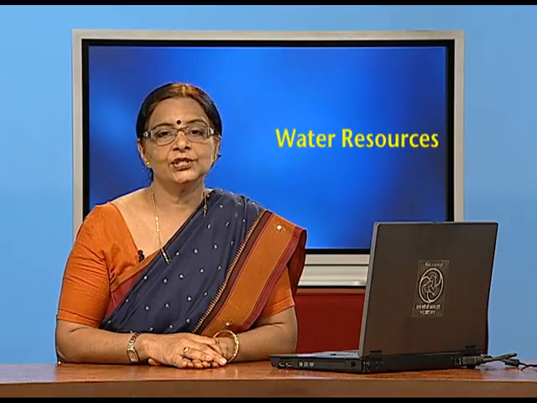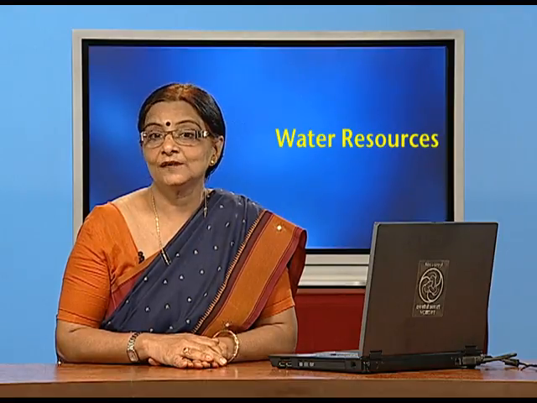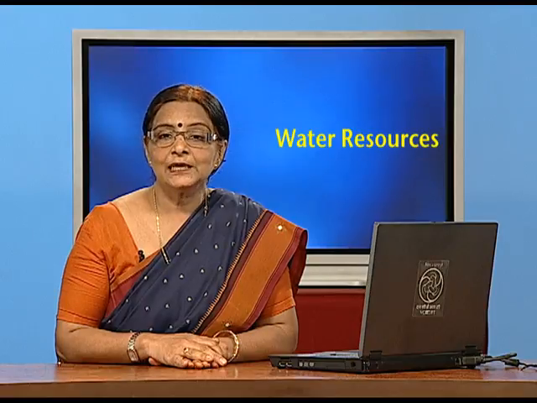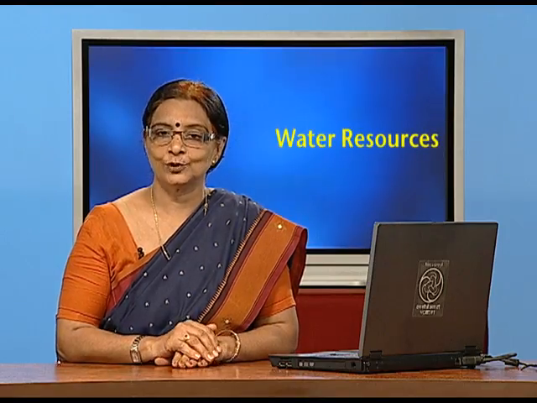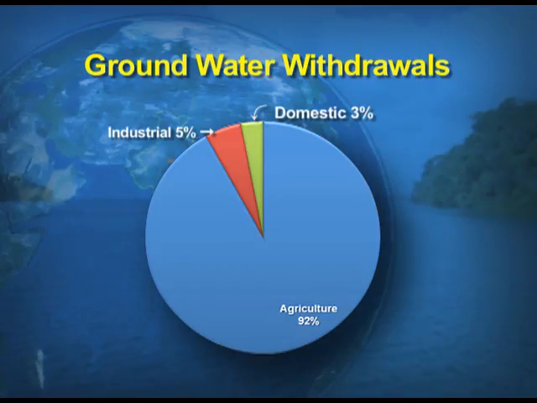Now, on the screens, there is a statistical representation of the use of the surface water, which you have seen in the table. This pie diagram shows the largest portion, the lion's share, is being used by the agricultural sector, followed by domestic, and last is the industrial sector. So, this is the use of the surface water. This diagram shows the groundwater withdrawals. Again, for the groundwater, you can see that the agricultural sector is the most leading sector using the maximum percentage of the water, followed by the industrial, and then lastly the domestic sector.